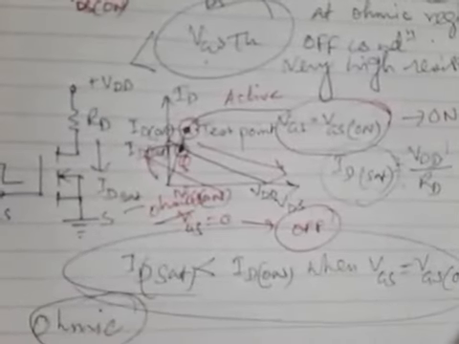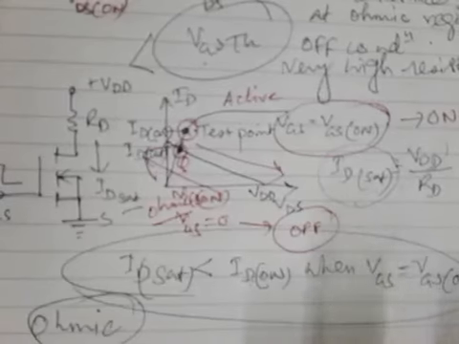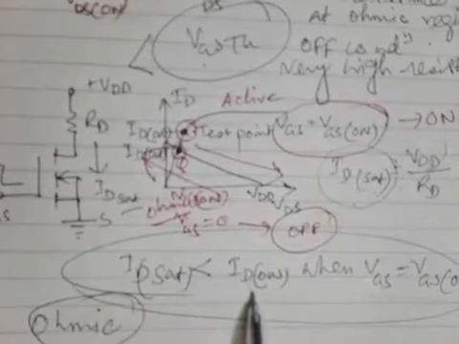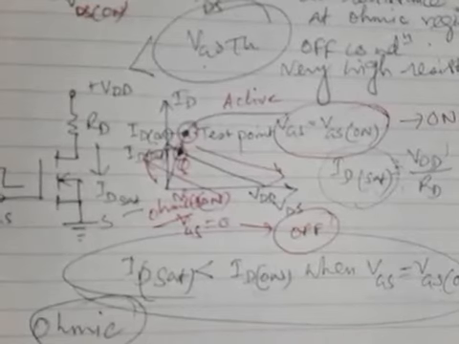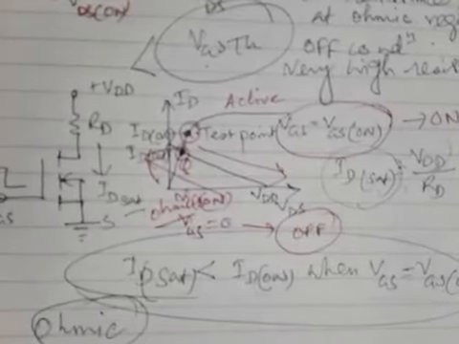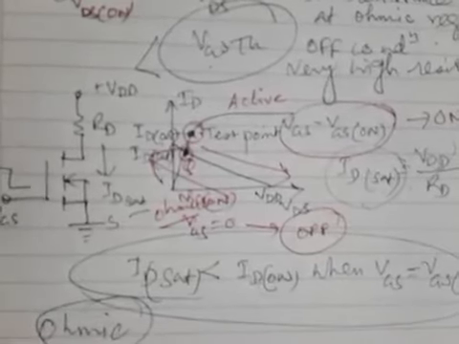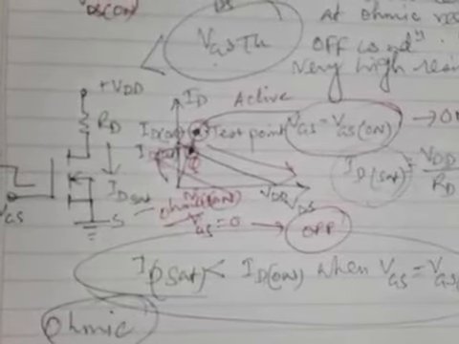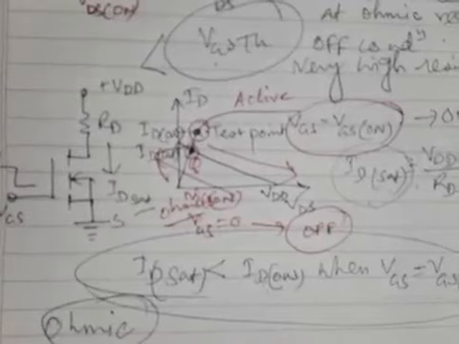If this is satisfied, that means the device is conducting, it is in on condition. The primary criterion is its saturation drain current should be found less than the on state current of the device, and if it happens so, then it is confirmed that the device is biased in the ohmic region and it will behave like a small resistor. So this is the operation of small signal MOSFET while it is biased in the ohmic region or in the active region.